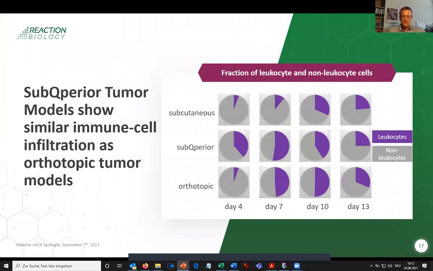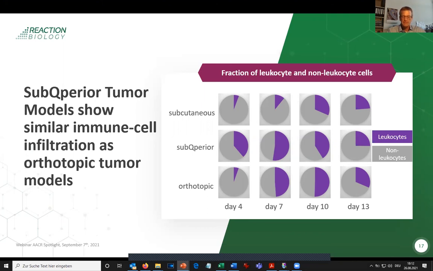Looking at the overall amount of immune cells in the tumors, we made an interesting observation when comparing subcutaneous, SubQperior, and orthotopic implantation. The graphs below show the example of CD26 wild type. Notably, early after the tumor implantation, a high number of leukocytes infiltrated the tumor. The level of immune cells at day 7 and 10 is comparable to the orthotopic CD26 tumors growing in the